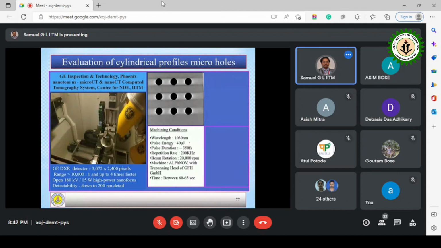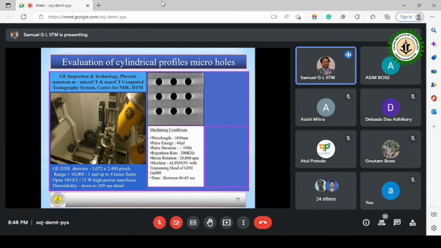And when we made these cylindrical holes, we had another challenge. If it is a smaller depth, we could measure by using the methods which I have told. But if the depth is high, we couldn't actually see the whole cylinder. So in IIT Madras, we have a facility called CT. CT is similar to the technology we have in our scans. It is called computed tomography. When you go for a scan in the hospital, they do something similar to that.